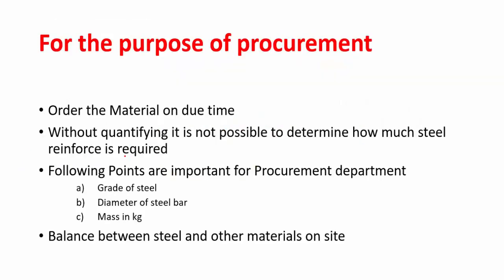So the next step is for the purpose of procurement. Procurement is basically a department where they are ordering the material according to the requirement. They are the ones who are responsible to maintain the supply chain, how much we need for this month, how much we need for this week. Based on that, they are putting the order. In the first point, order material on due time. Due time is very important, that in this month what